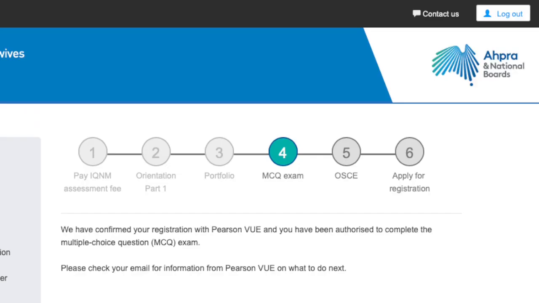So after completing your portfolio and submitting all your documents correctly, if your documents are all good, then APRA will basically move you to the next stage, which is the MCQ exam, and you will be notified by APRA within a period of, let's say, 2.5 months maximum time, that you're now ready to go ahead and book your MCQ exam. Okay. So you'll see that you are in the fourth stage and you'll be able to go and create an account for yourself on Pearson VUE, and later on they'll be authorizing you to test in the examination.